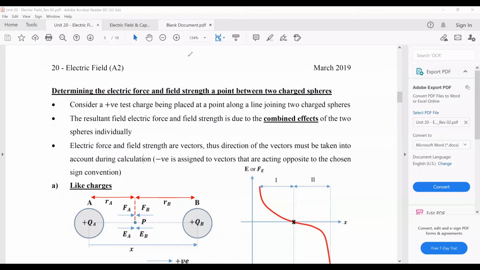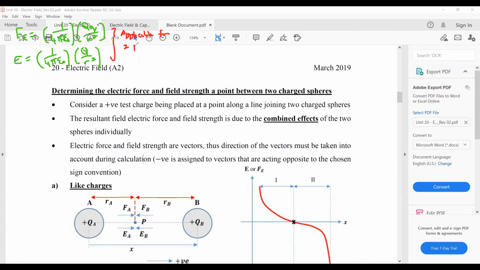Okay, so last week we went through a bit on the electric field chapter. I told you that Fe, your electric force, is 1/4 pi epsilon naught QQ over R squared. And then electric field strength is 1/4 pi epsilon naught Q over R squared. All right, and then after that, I also mentioned to you that this is only applicable